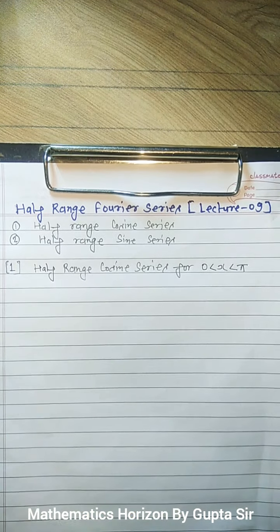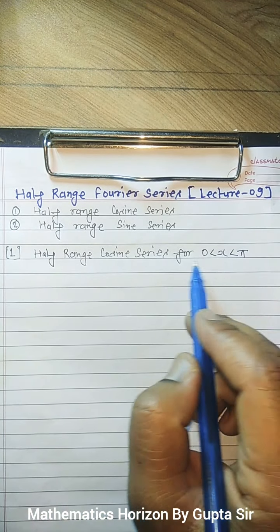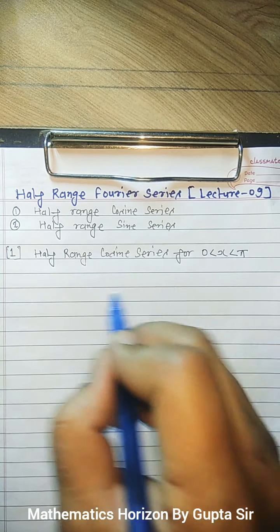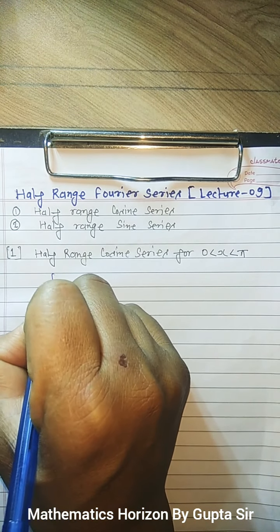The half-range cosine series for this interval 0 less than x less than pi is defined by the formula